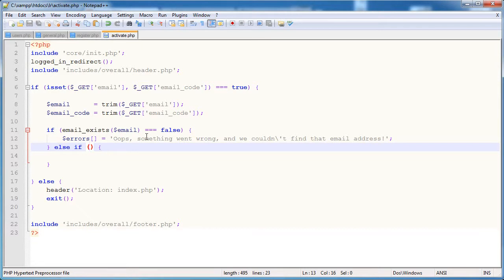However, the function that we're going to be using is going to return true or false depending on whether this activation was successful. And what is an activation based on? Well, it's based on the email address and the validation code match against one record. So we want to say if activate is equal to false,